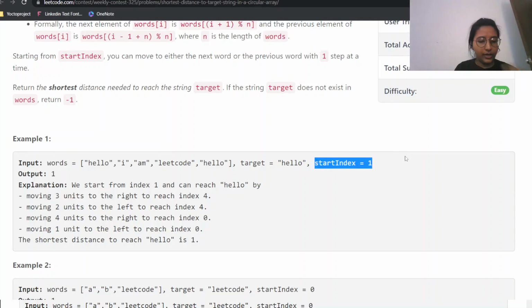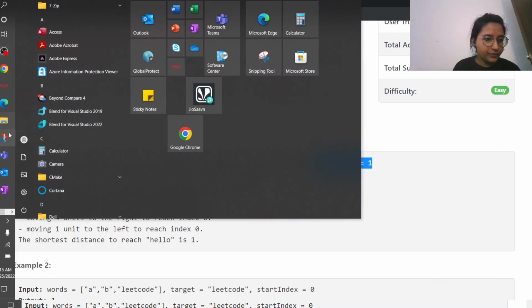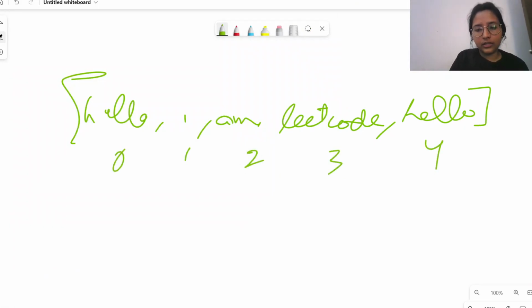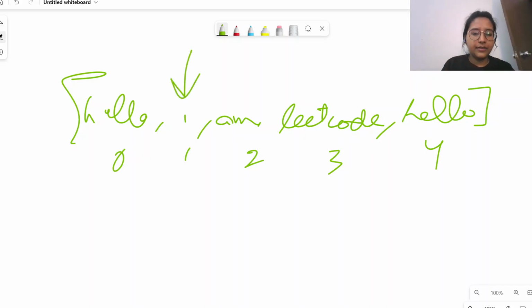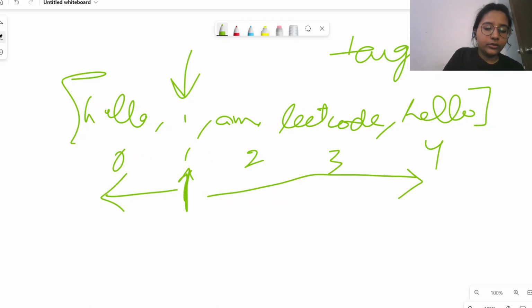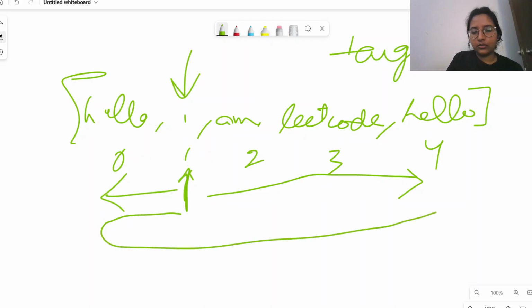So now we are required to start from this particular one, in 0, 1, 2, 3, 4 indexing, right? So we are required to start from 1, and after starting from 1, we are required to check for our target, which is hello, right? For this particular target, we either can move here, or we can move here, right? Or the other way around, because it is a circular array, we can go from this to this particular one,